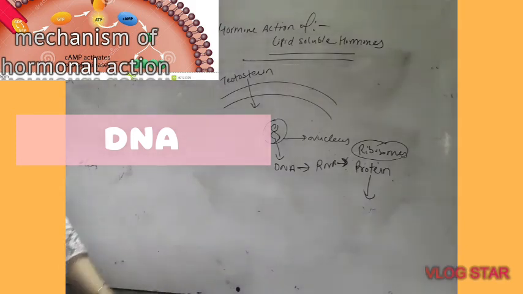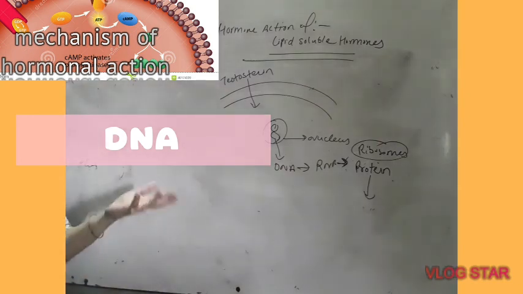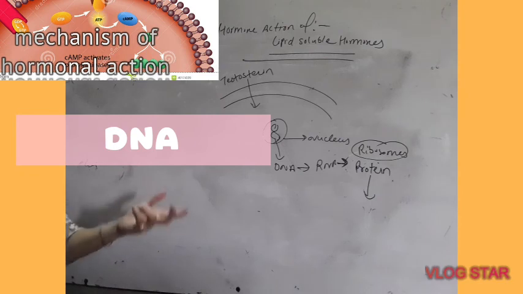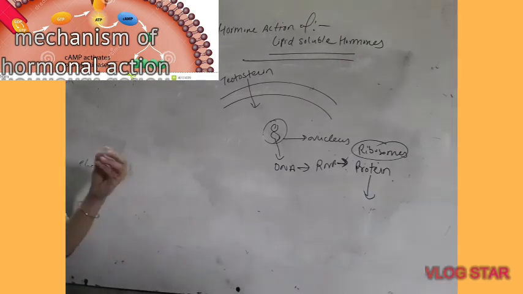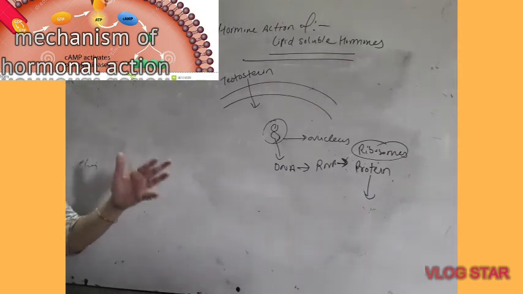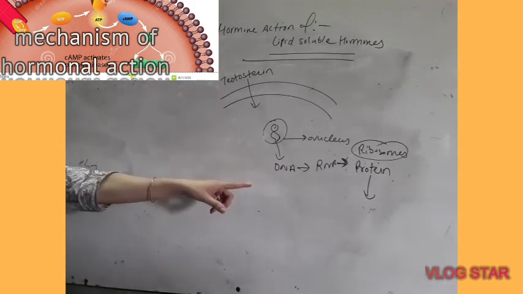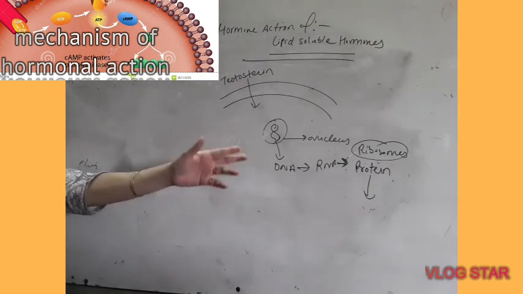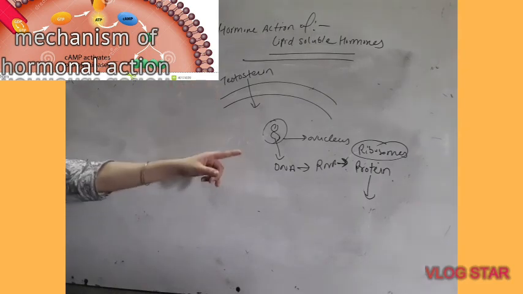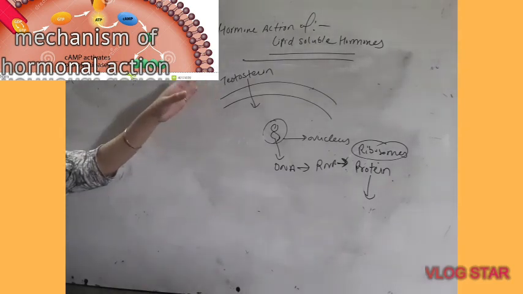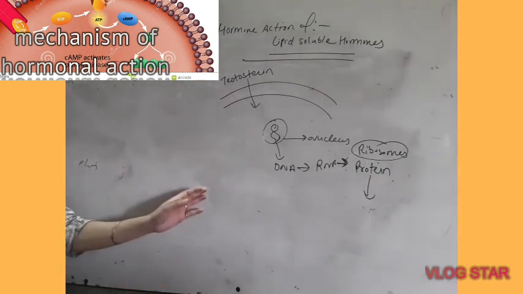Whatever character we see in our body, beard, mustaches, development of mammary glands, voice, high pitch, low pitch, height, skin, color of hair, texture of hair, texture of your skin, oily, dry, shape of your fingers, hands, lips, nose, eyes, everything is a character. And every character is because of some kind of proteins formed in our body. So we have studied how these proteins are formed under the influence of some hormones, and how steroid hormones work. So this was all about hormonal action. It gets over here.